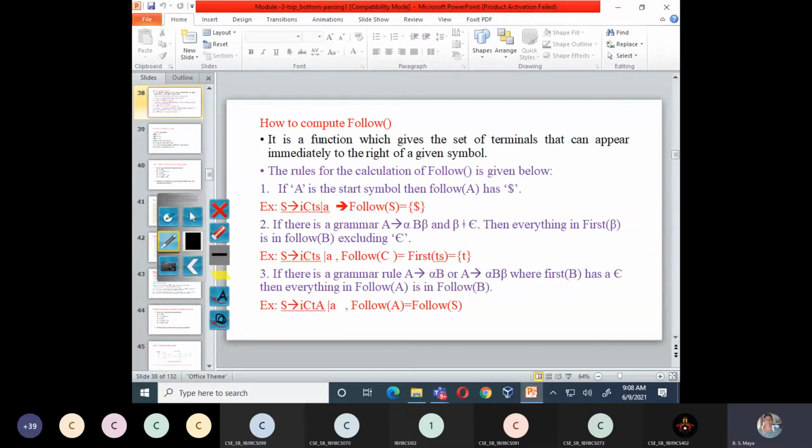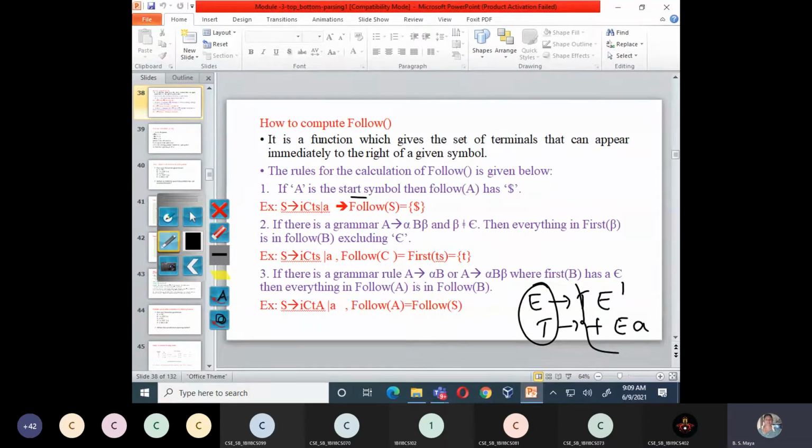See, what are the rules for computing follow? For the computation of follow, we have three rules. The first rule says, if A is a start symbol, then follow of A. Now assume the grammar is E derives T E dash, and T derives plus E, something like that. Then there is no need to look at the left-hand side of the production. To compute follows, you should look after the arrow mark. After the arrow mark, we have a non-terminal, and for those non-terminals we have to look at the follow.